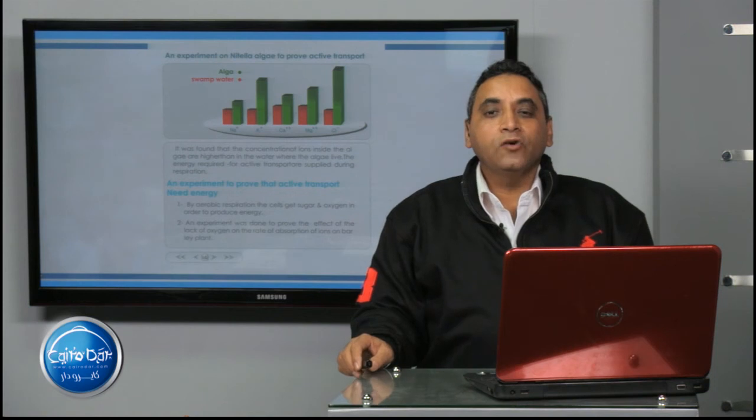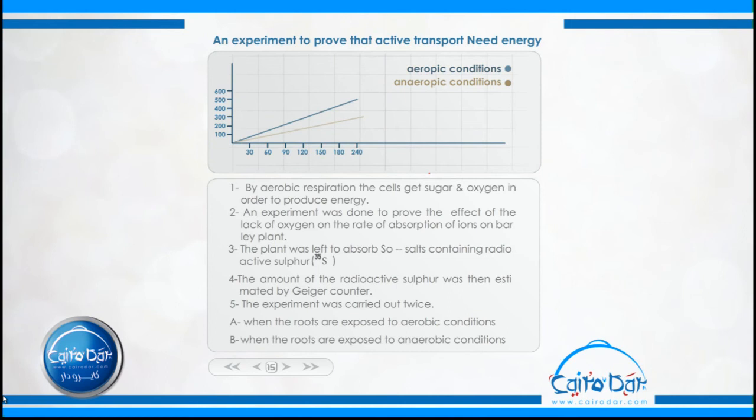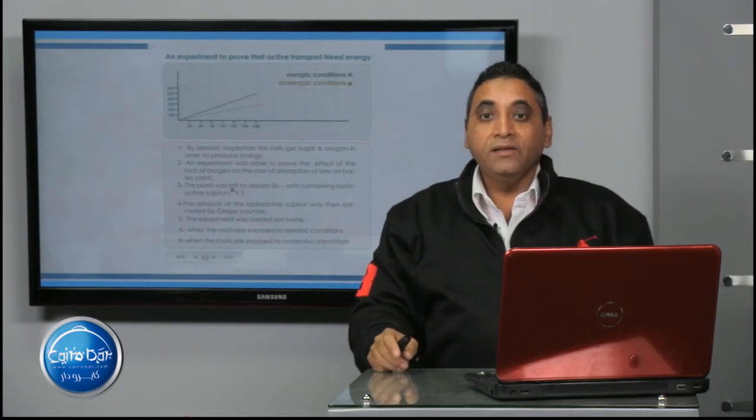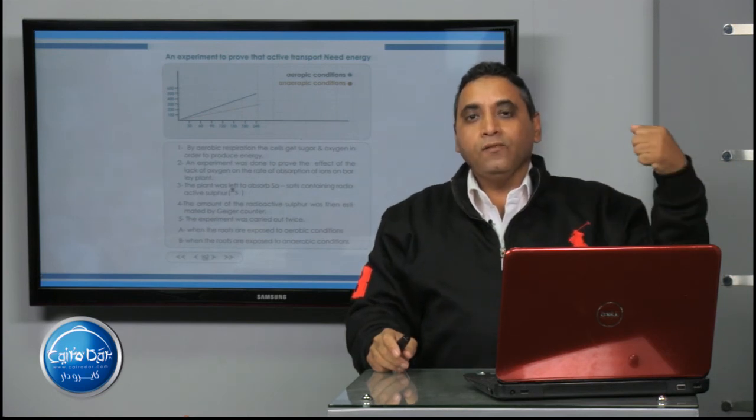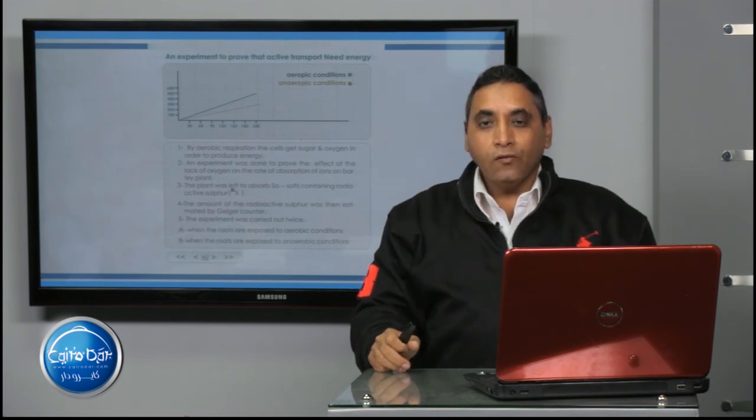But to prove that the active transport needs energy, we carry out an experiment using the barley plant. We supply the roots of the barley plant with sulfate salts, SO4, containing radioactive sulfur 35, and divide the plant into two groups, or carry out the experiment twice, one at the presence of oxygen and the other at the absence of oxygen. The graph shown in this slide explains the absorption of salts, or the radioactive sulfur 35, which is detected by a Geiger counter. The absorption of ions against the concentration gradient in the presence of oxygen needs